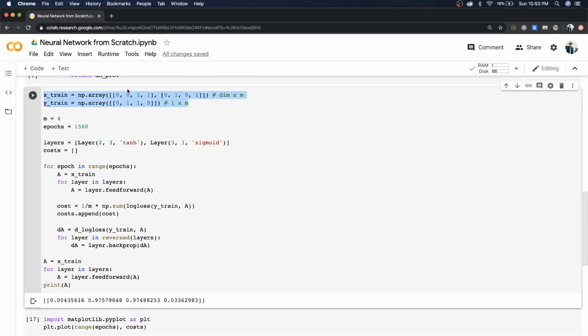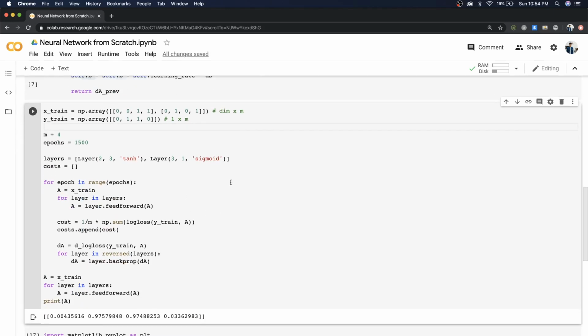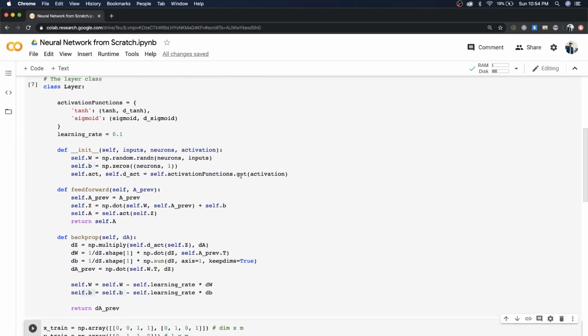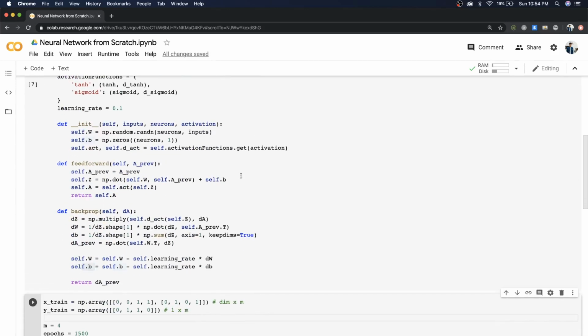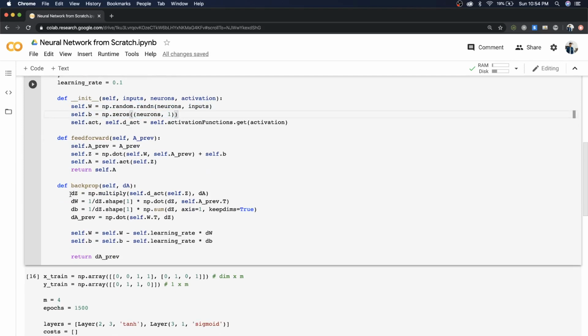So instead of using this dataset, you can either come up with your own dataset, or you can experiment with other simple datasets. So this obviously is a very simple implementation and cannot be used practically, but I think this is a very good example to learn the inner workings of a neural network and actually be able to see what exactly happens at each stage.